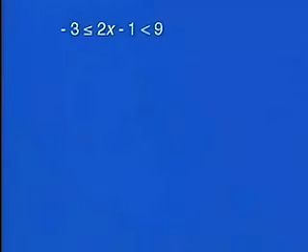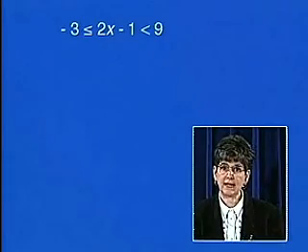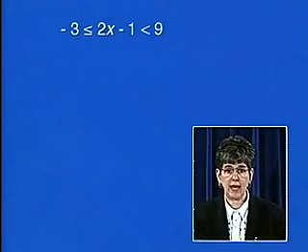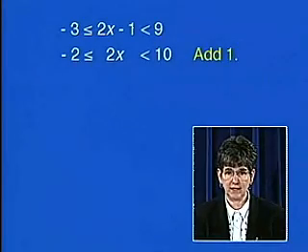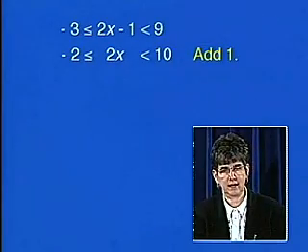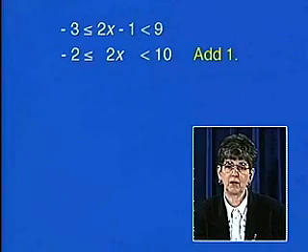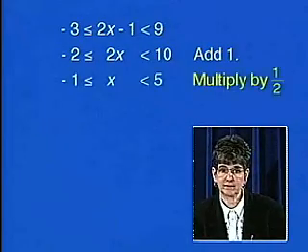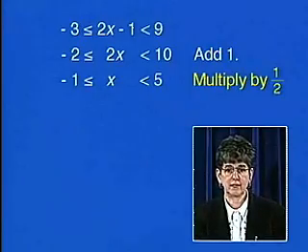Now, another kind of inequality we can look at is a three-part inequality. For example, here we have -3 is less than or equal to 2x minus 1 is less than 9. We might say that 2x minus 1 is between -3 and 9. To solve this, we want to isolate x in the middle. So the first step would be to add 1 to each part of this inequality. This results in -2 is less than or equal to 2x is less than 10. Now we might want to multiply each part of the inequality by 1/2. This will give us -1 is less than or equal to x